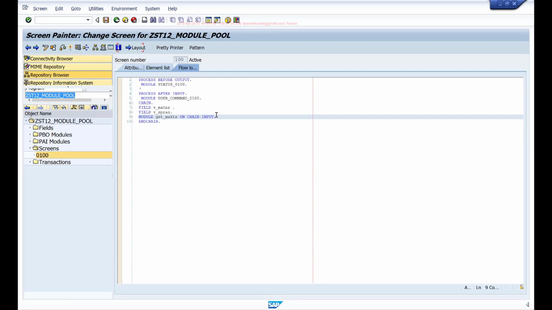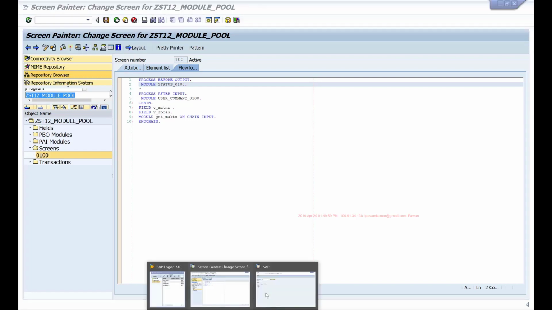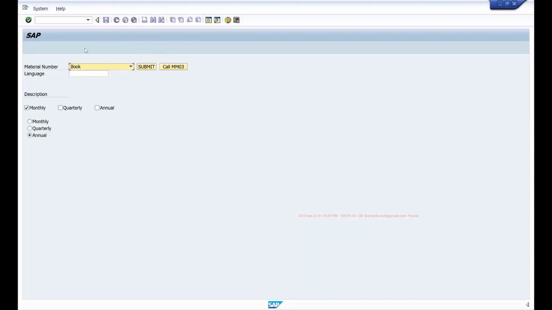So these are a few statements that you can use in your flow logic to control when the data is transferred to your program, and also to control when a particular module is called in your flow logic. Okay. In the next video, we'll understand about this GUI status, and we'll see how you can load your own GUI status so that we'll add some buttons on our screen. So right now, there's no option for me to leave this transaction. These back buttons, exit buttons are all disabled. So we'll see how you can work with this GUI status to add these buttons to our screen, and we'll also maintain some title. So see you in the next video.